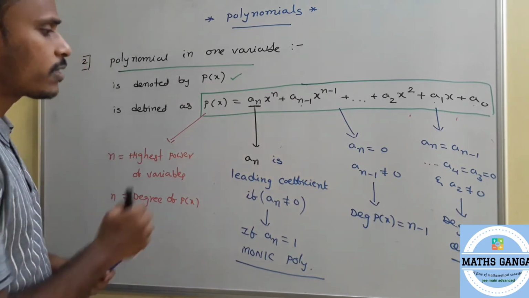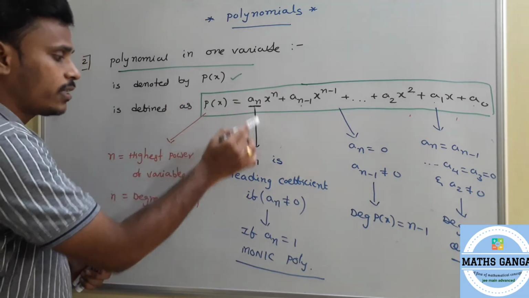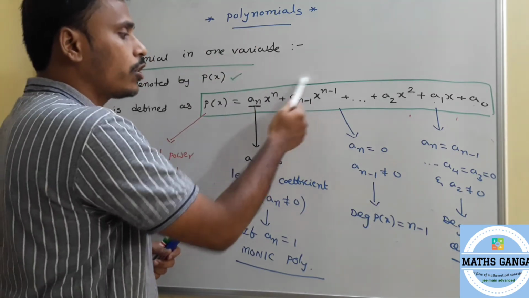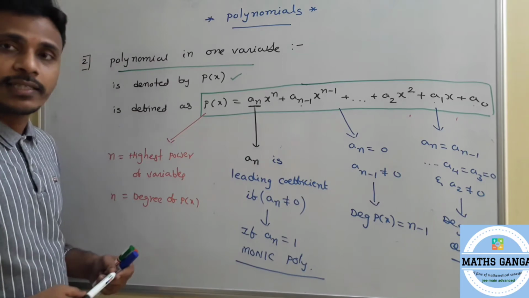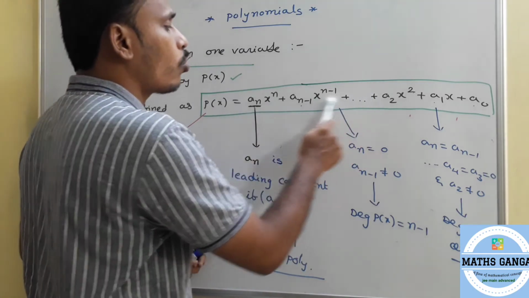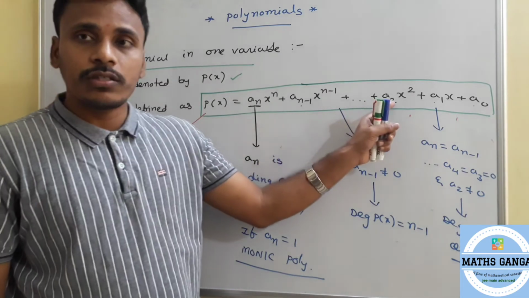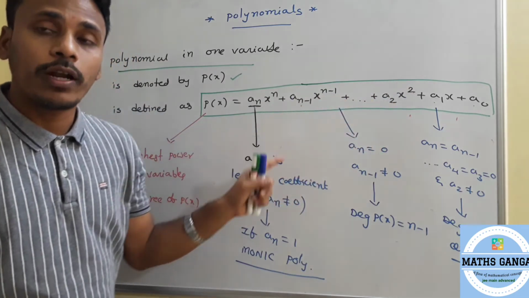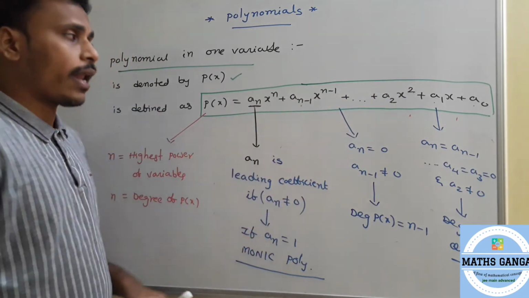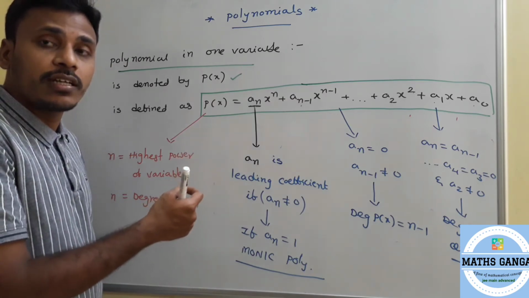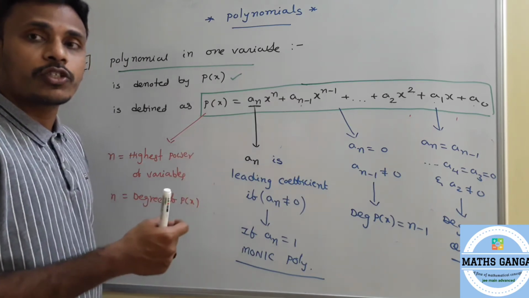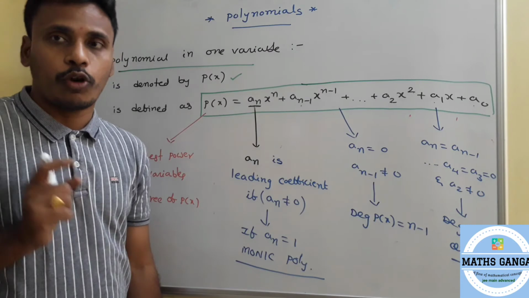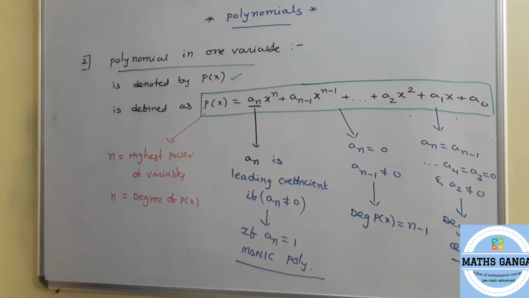And this is something about some classification, right? So a n is the leading coefficient. If it is 1, we call it as monic polynomial. If a n is 0 and a n minus 1 non-zero, then the degree of the polynomial is n minus 1. And if all these coefficients are zeros, and if a2 is non-zero, then a2 x square. So that 2 is the degree, and we call it as a quadratic polynomial. Okay. Likewise, we will classify. If the degree of the polynomial is 3, we call it as cubic. We just mention it in your notes. Okay. If the degree of the polynomial is 4, we call it as biquadratic polynomial. Right. Have a look. I will erase it and then I will continue.